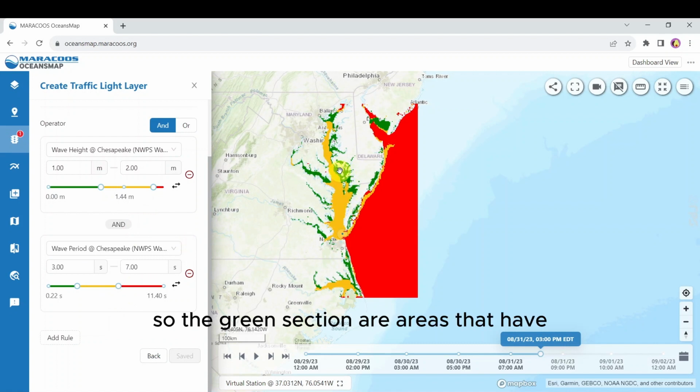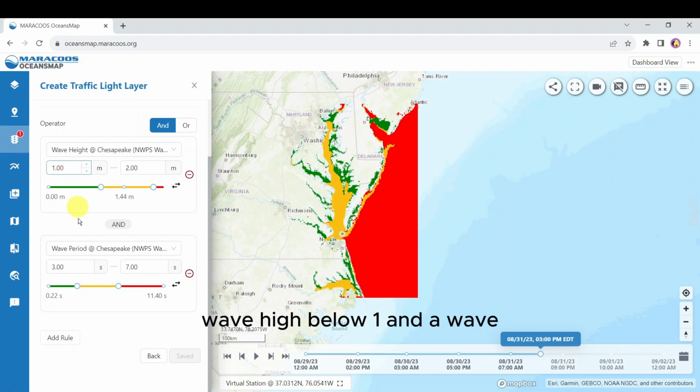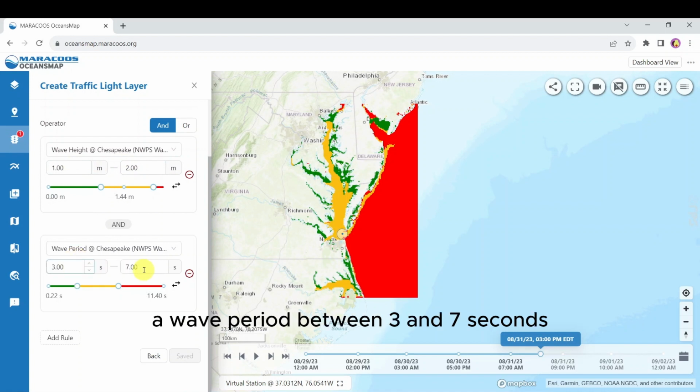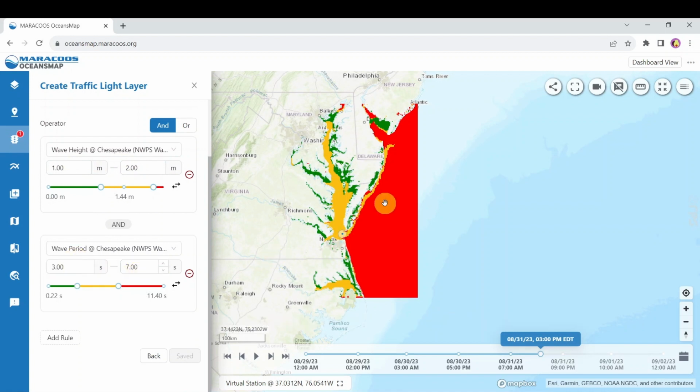So the green section are areas that have wave height below 1 and a wave period below 3 seconds. The yellow areas have at least a wave height between 1 and 2 meters, or a wave period between 3 and 7 seconds. And then red is anywhere with either a wave period above 7 seconds or a wave height